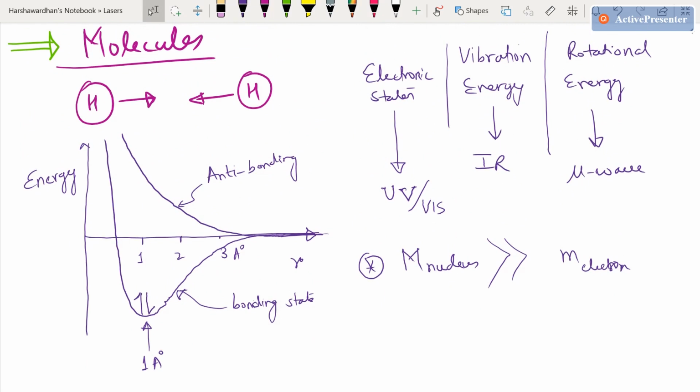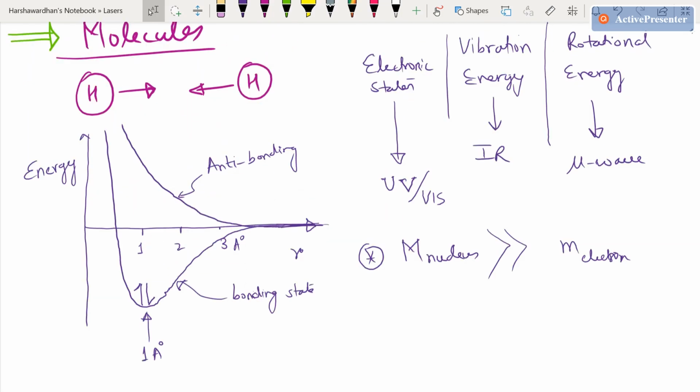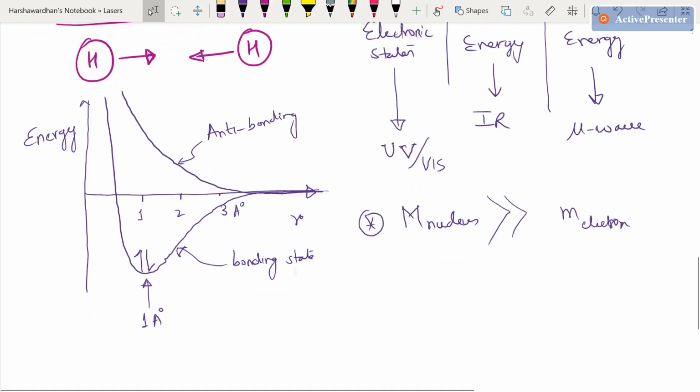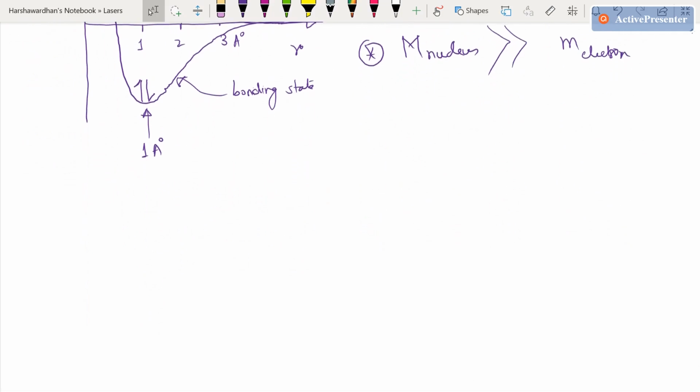So from molecules, let us go to a little bit more complication, which is that of solids, right? So in solids, what happens, rather than just having two atoms or a few atoms, is that you have an Avogadro number of atoms, 10 to the power 23 atoms, all aligned in a periodic fashion. So each one of them would contribute, for example, the energy states. And now you would see that depending on the interatomic distance, if I'm thinking of energy states associated with atoms,